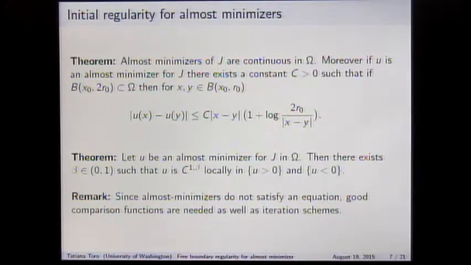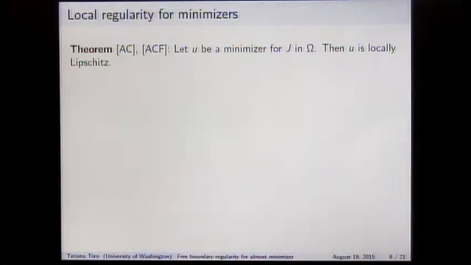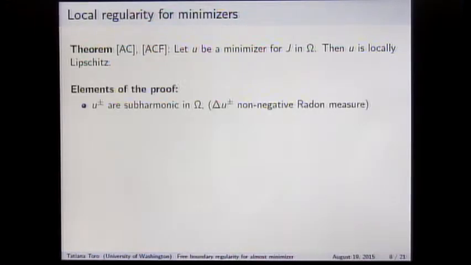They had proven that they were Lipschitz across. We want to prove that they are Lipschitz across. Since what we're trying to prove is that up to first order it's similar, we have to prove Lipschitz. What they had is that they were Lipschitz. Let me remind you how they did it. I'm not going to remind you the proof. I'm going to give you the three main ingredients of the proof. The ingredients were: u plus and u minus are subharmonic in omega. And the way I read the papers, the key feature to that was that the Laplacians of u plus and u minus are non-negative Radon measures. That was the key point.